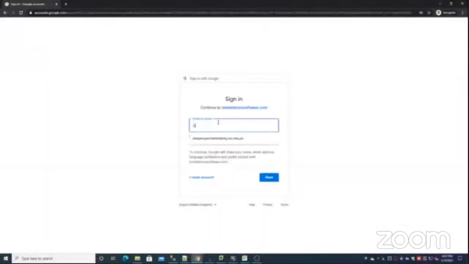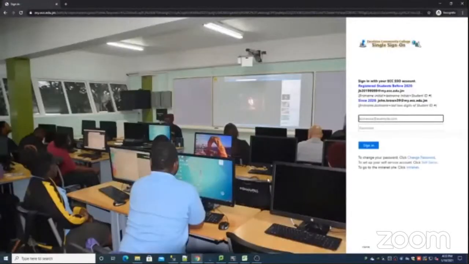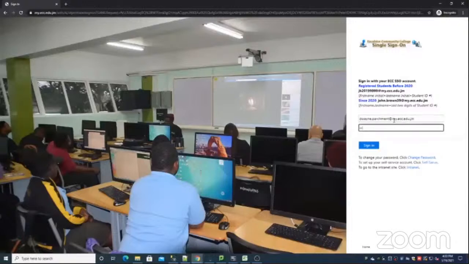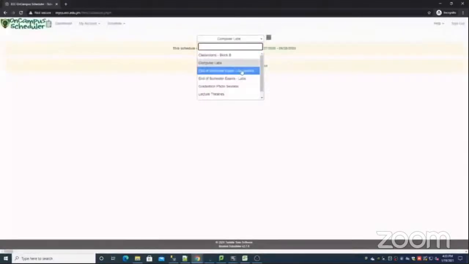You will actually go through the process of typing in your college email address. And then once you click next, it will bring you to that familiar single sign-on screen. And you will then type in your regular ECC credentials here to gain access to that site. And that's the credentials that you would currently use to get access to Canvas, or even your email accounts, as well as the one that you use to go to Zoom.